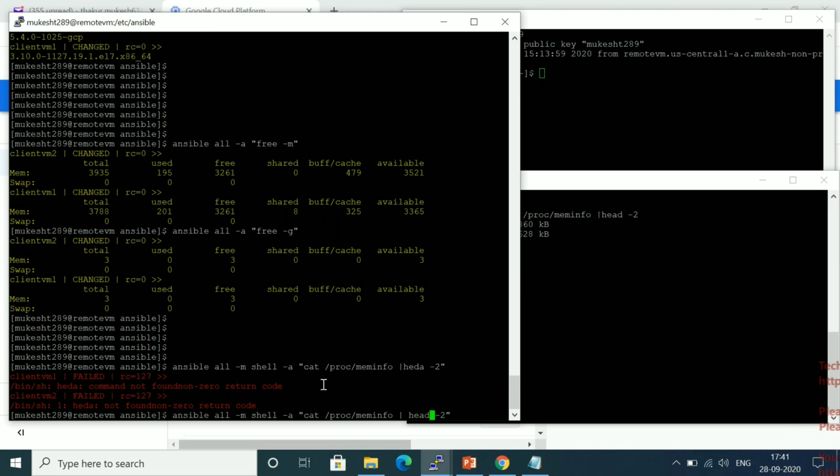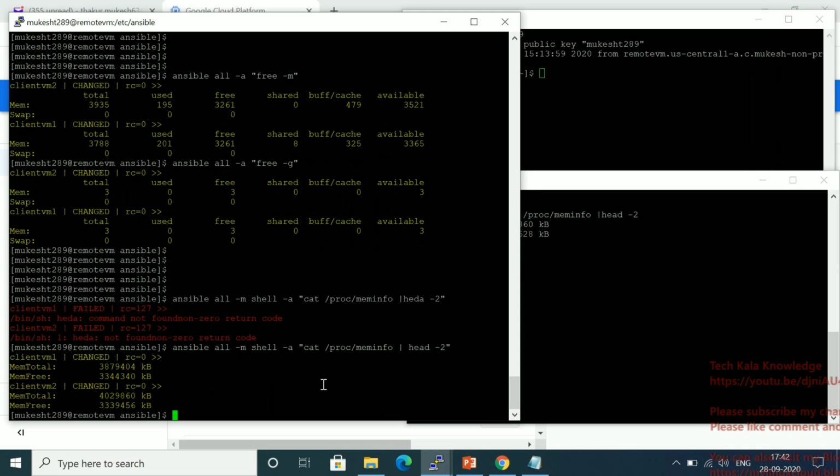This is the command. Now let me use this command. Now you can see you are getting the output. So in the previous command, by mistake I gave the wrong spelling for head. So this way you can use the Ansible ad hoc command if you want to read the file with the option.